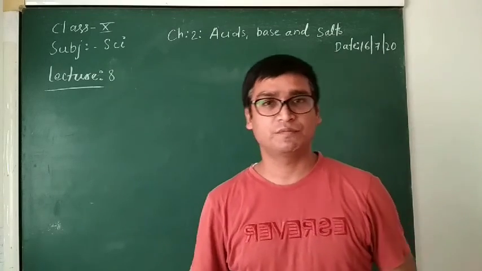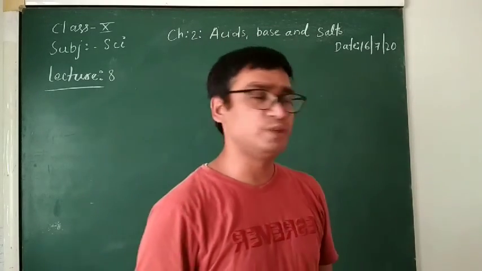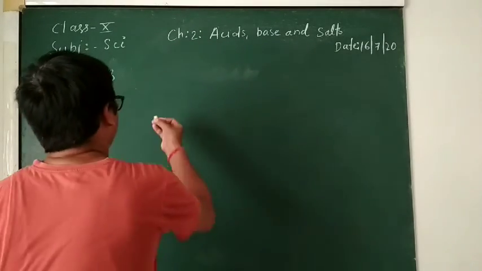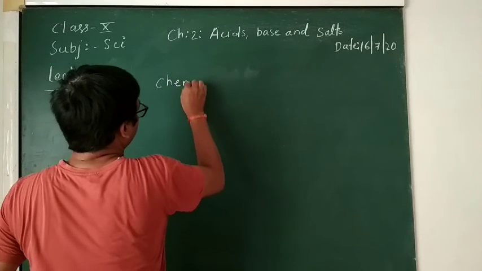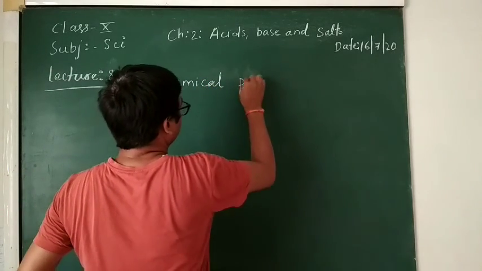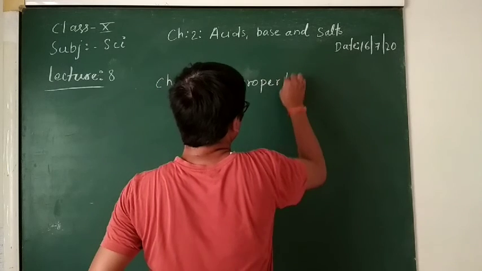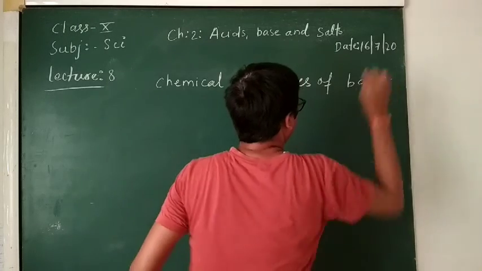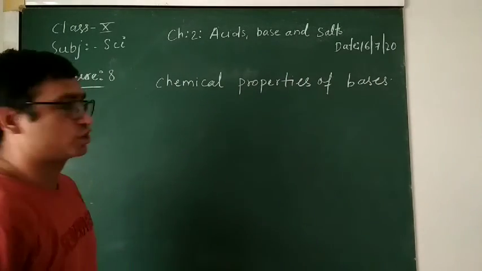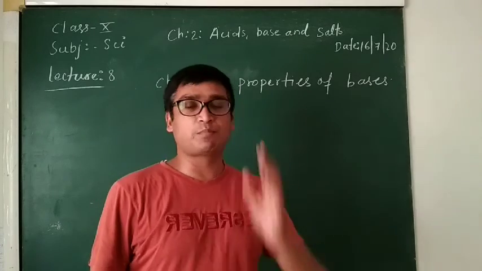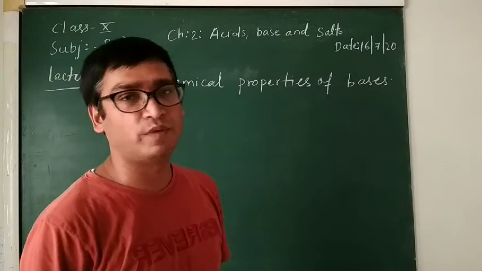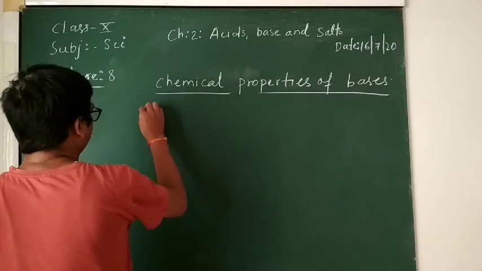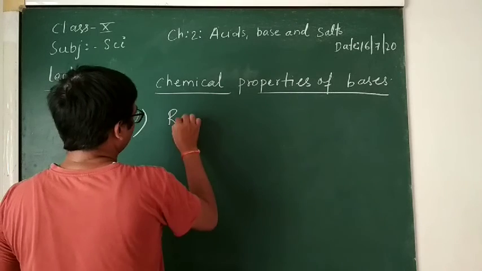Now in this lecture we will discuss the chemical properties of bases. So first, chemical properties of bases. In the previous lecture we had discussed the chemical properties of acids. In this we will talk about the chemical properties of bases. So first, chemical properties of bases is reaction with